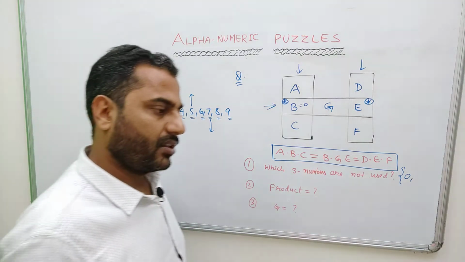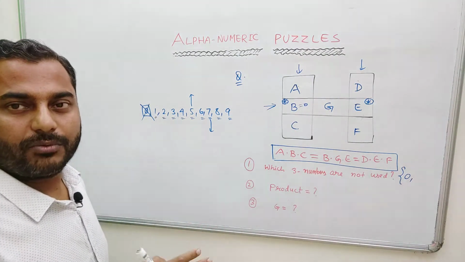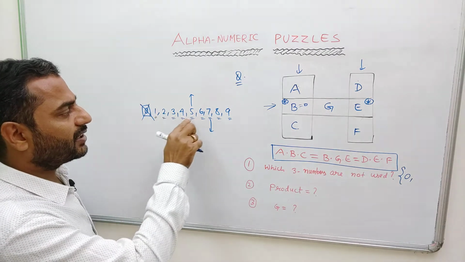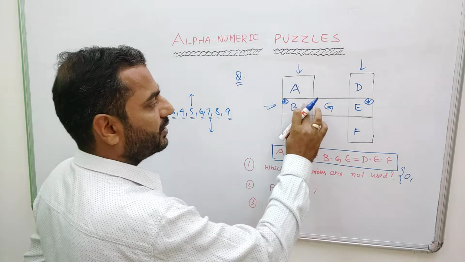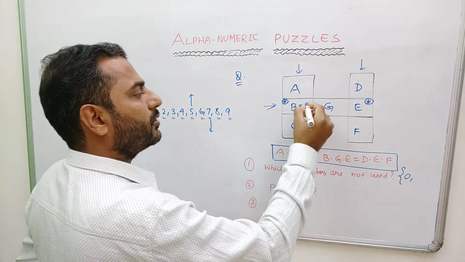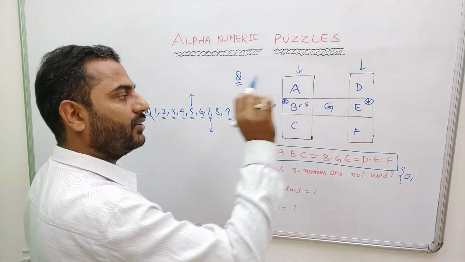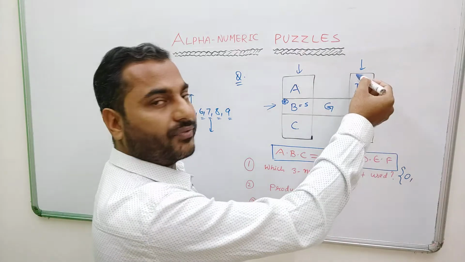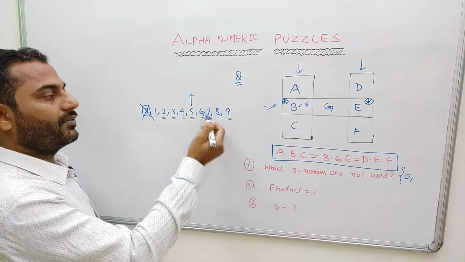When I say no factor, I am not counting 1, because 1 is a factor of every number. So 5 and 7 are the two numbers having unique values among this list. For the same reason, if I put 5 here, this column and this row will have 5 as a factor. Can we have another 5 here? The next multiple of 5 is 10, which is not in the list. Same thing applies with 7.